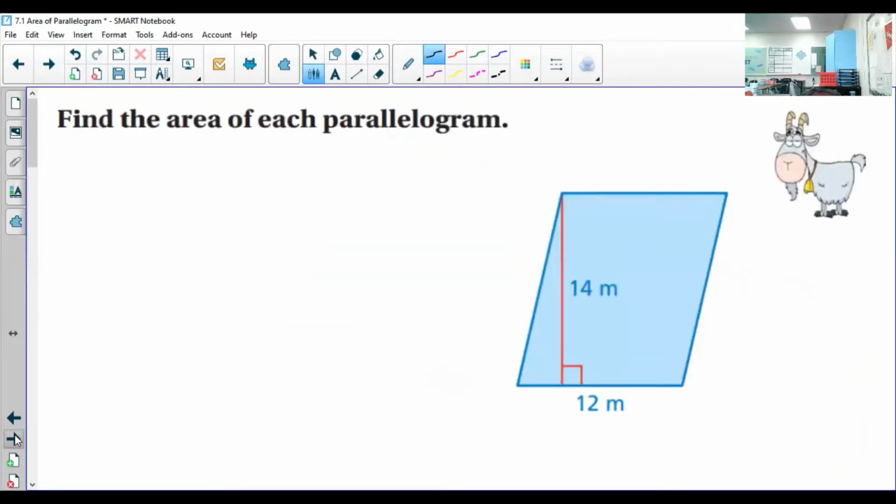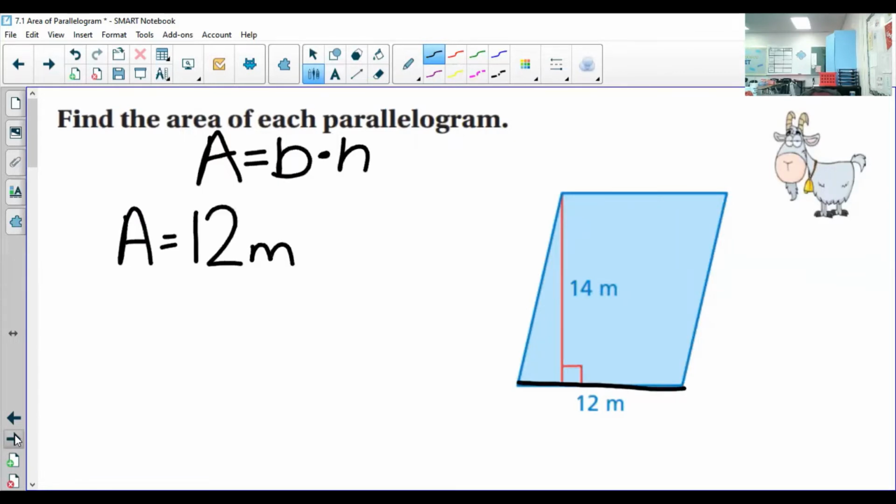So let's do some examples. Okay, so I have area equals base times height. We've already decided this, right? So I'm going to look at my parallelogram and see, where is the base? Well, remember the base doesn't have to be the horizontal line. In this case, it is. It's 12. So where the B is, I'm going to do area equals 12 meters, because my measurement is in meters, times my height, which is, again, this distance,